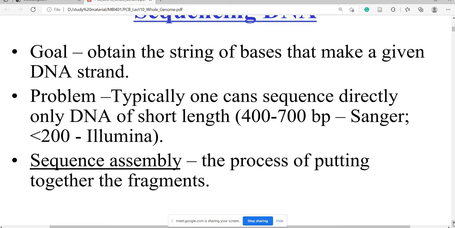In sequence assembly, we assemble the fragments. When we want to sequence a larger genome, we have to make fragments of the larger genome, and then we sequence each fragment separately.